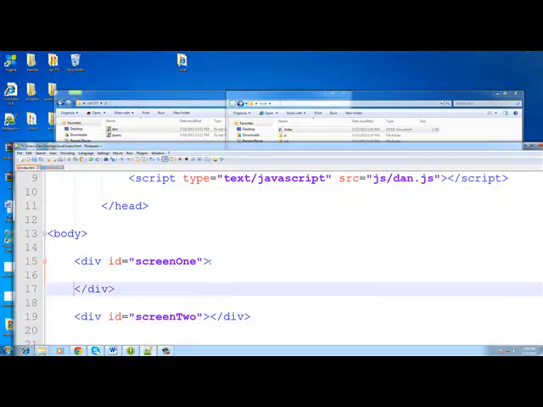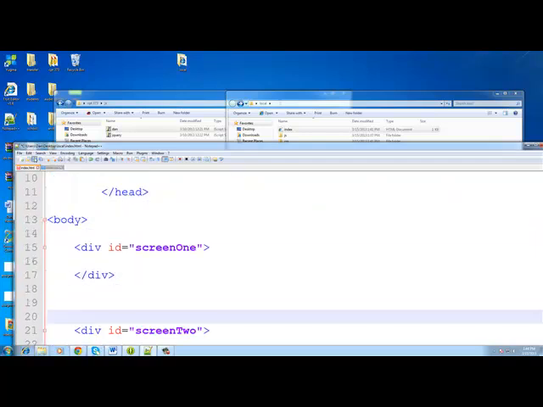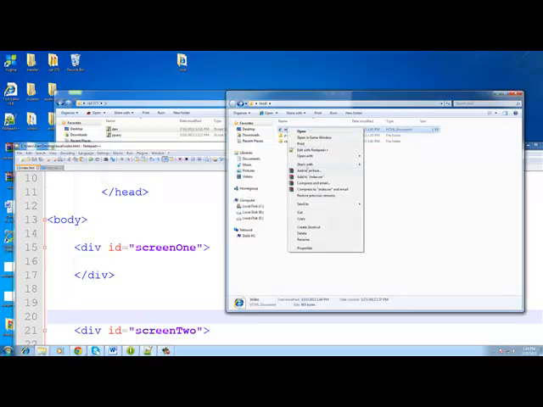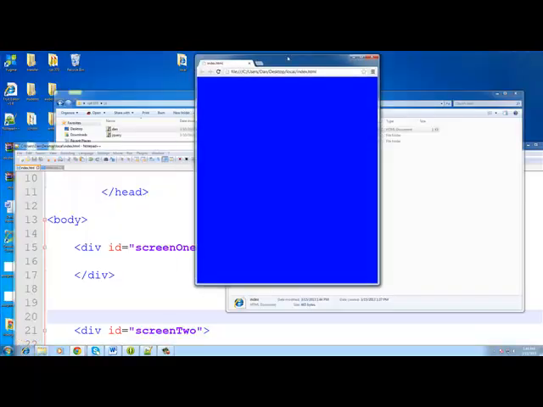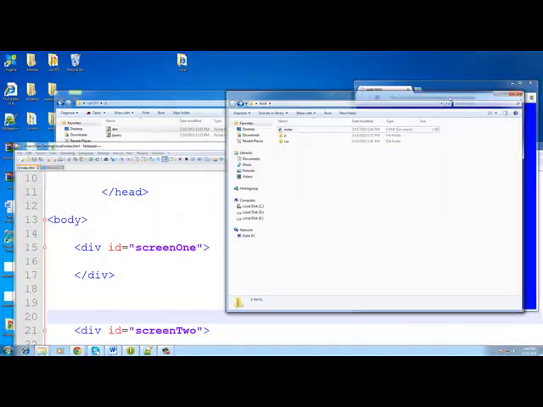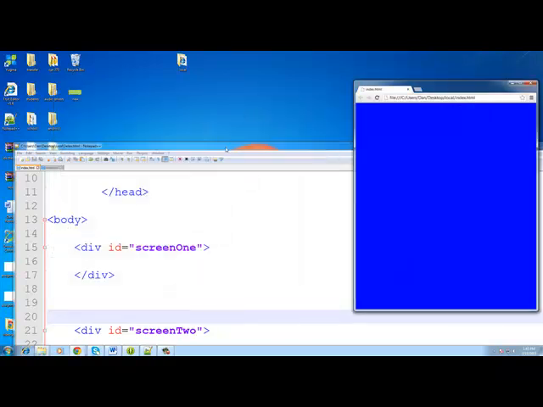Okay, so let's save, and now I'm going to run it, see what happens. And I'll put on my other screen. Now we should have our screen come up, and I'm actually going to make these smaller. Okay,